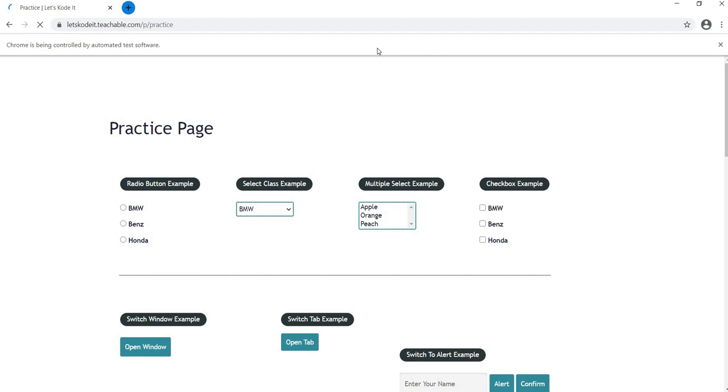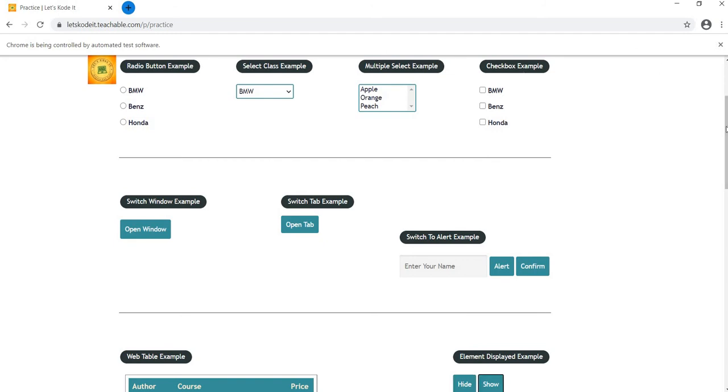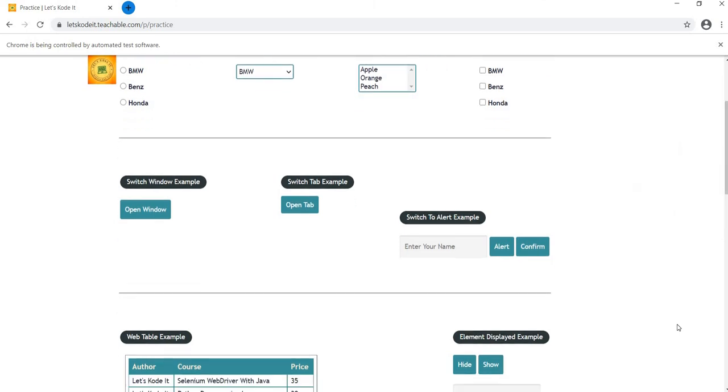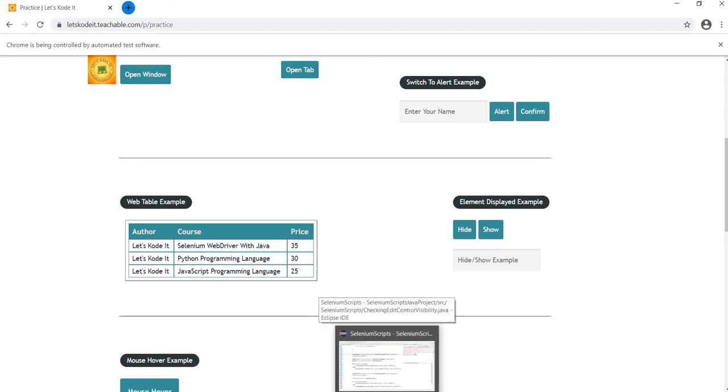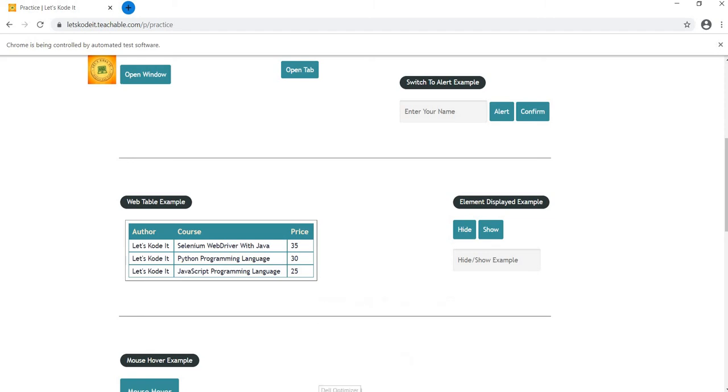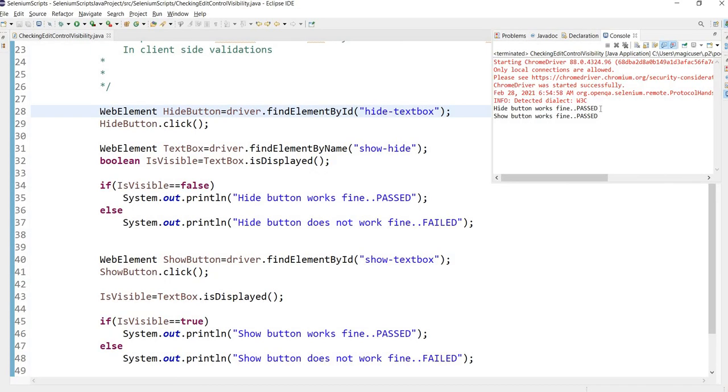Now you guys can see the browser got opened. This browser got the WND handle set. So WND handle is the unique property set by the OS for every window. So our driver captures that WND handle, and by that the driver understands which browser window to work on. And now we have got our test executed. It's so fast that we didn't even realize that the hide button indeed made this element invisible and again made it visible.